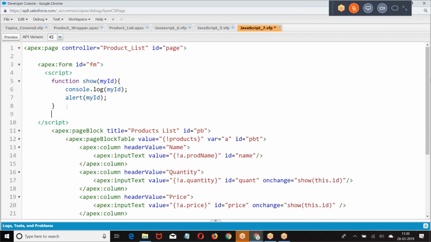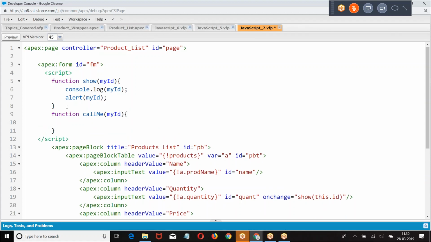Same thing I have given there also. Function. I have not made any changes on the code.